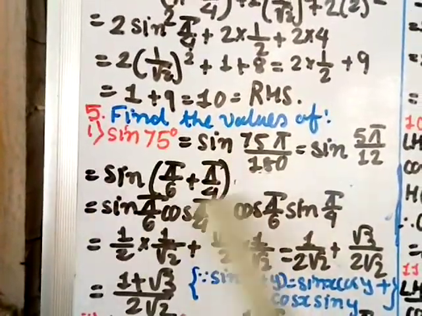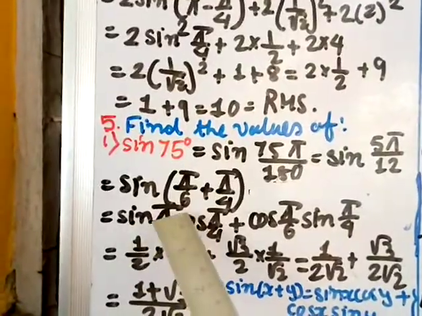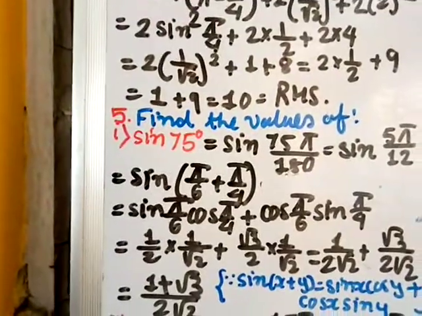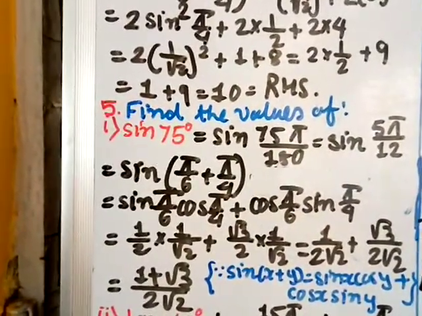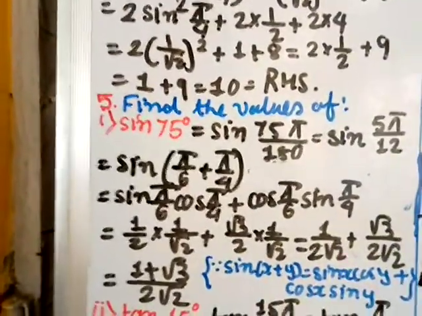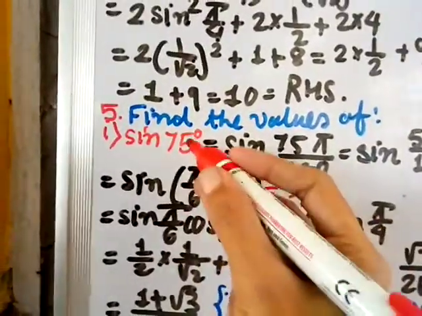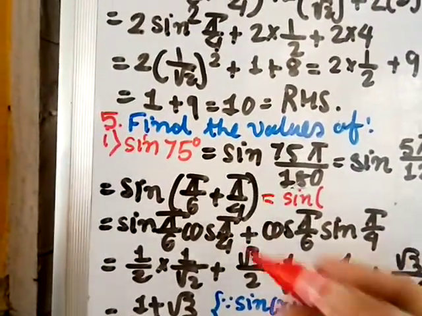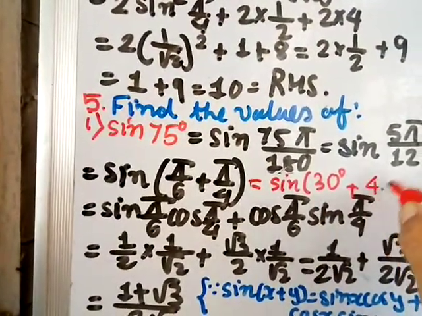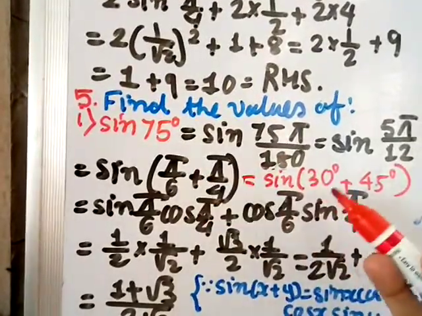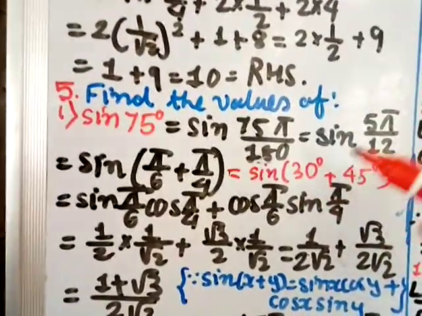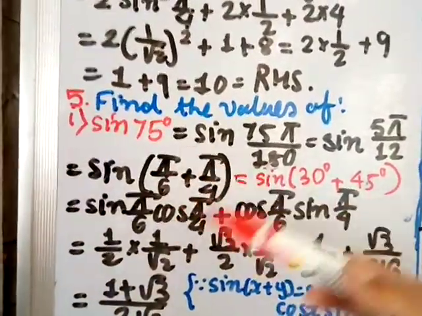Okay, or else the division what you can make is, since it is 75, this is 30 and this is 45. So 30 plus 45 also you get 75. You can use directly also, but I prefer converting into radian, so I am converting. But you can use the same as in the degree. I just write for you sine 75 can be divided into two values of degree, that is pi by 6, that is 30 degree, plus pi by 4, that is 45 degree. Okay, so you can divide this directly. 30 degree plus 45 degree. 30 plus 45 give you 75. Okay, so you can divide in this manner also, right? I have divided into radian.